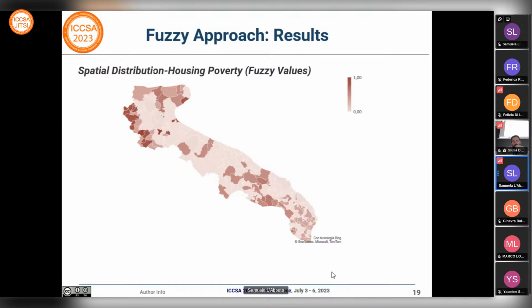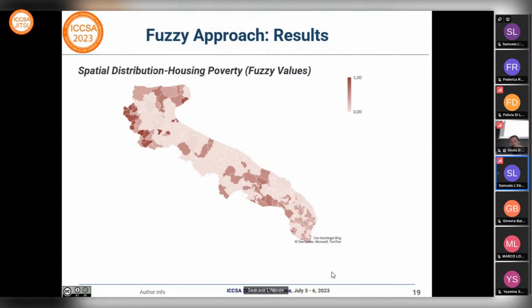And finally, regarding the lack of housing-related services, there are 29 municipalities with a problematic situation, located mainly in the hinterland of Foggia and Brindisi. Most Apulian municipalities do not experience a housing problem, at least in terms of the indicator considered, because almost all homes are now reached by the essential services of drinking water, toilet, bathtub or shower and hot water, as well as